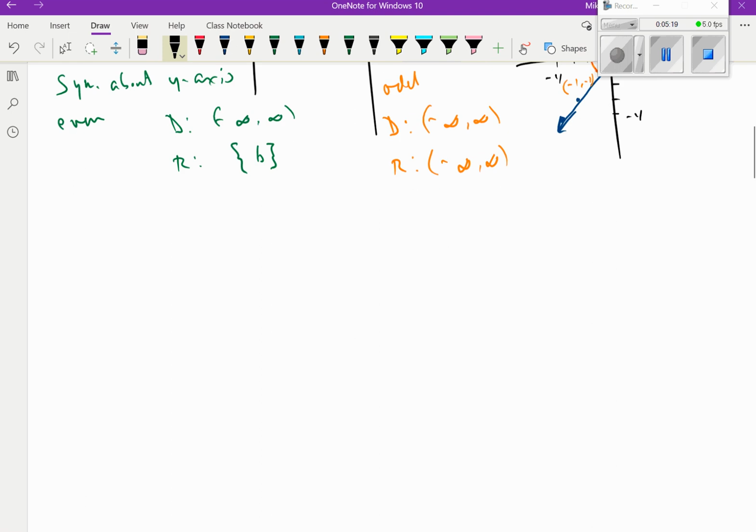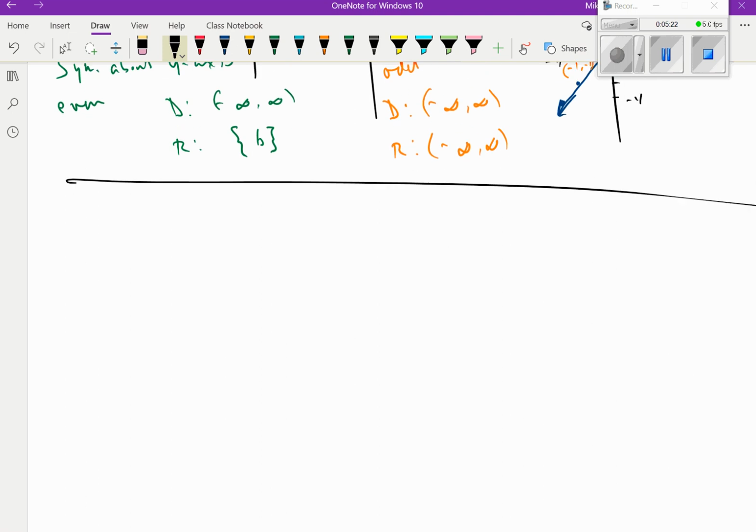Let's then scroll down through here. Let's take a look at number 3. So number 3 is the square function. So we say f of x equals the square of our input. So we've also called this a quadratic previously. And if we would have done our t-chart on this one,